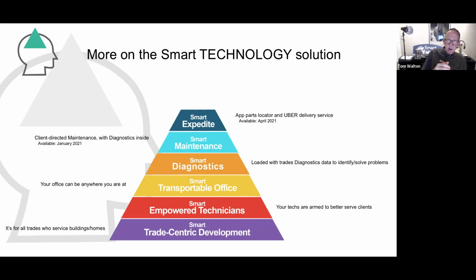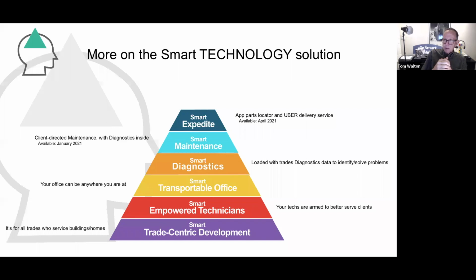Why do you have them doing all this other stuff other than, in the case of HVAC, staying on the rooftop or being at the unit and diagnosing and finding legitimate additional work? Let Uber deliver your parts under a certain size and weight. And that way, with this parts locator, the tech doesn't have to get on the phone and